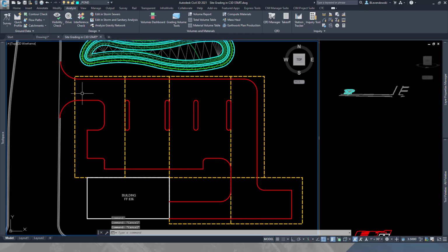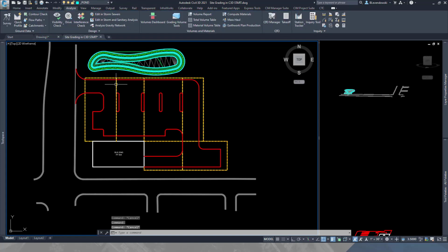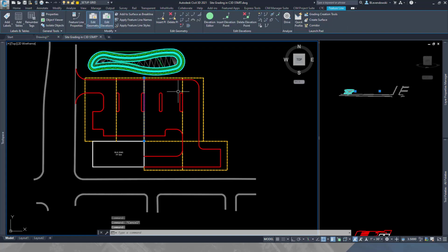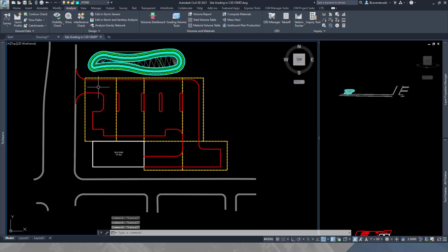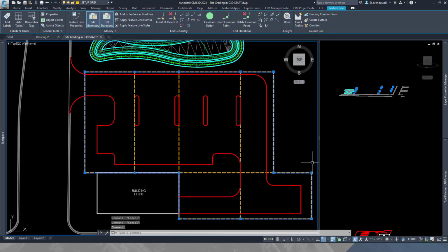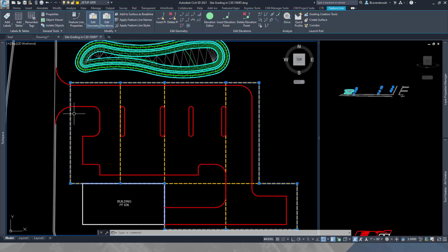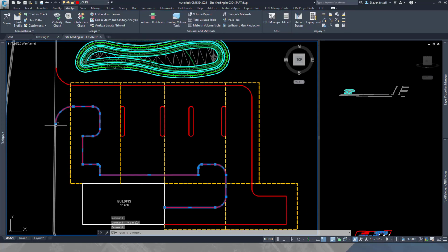What I have here are a set of feature lines. One is a perimeter feature line wrapping all the way around, and then the other ones are just connecting to different points along here. So how this works, you want to draw a feature line around the entire perimeter of your proposed curb vertices. I left out this point right here where it's going to tie into existing,